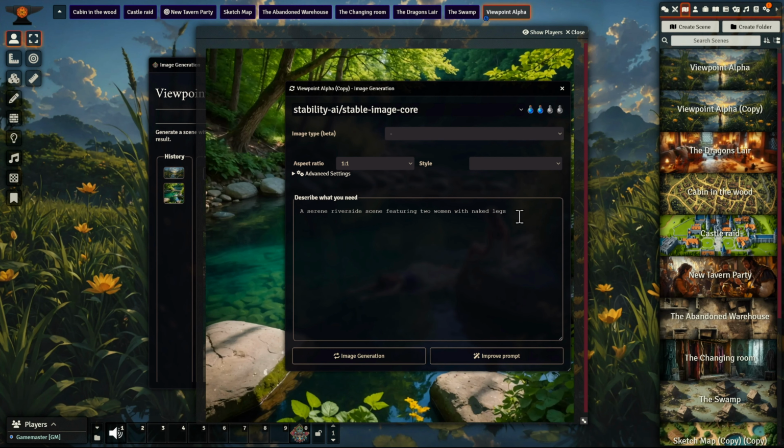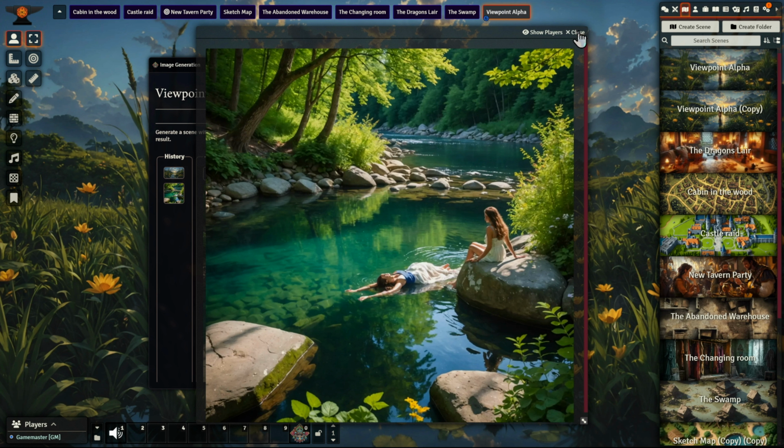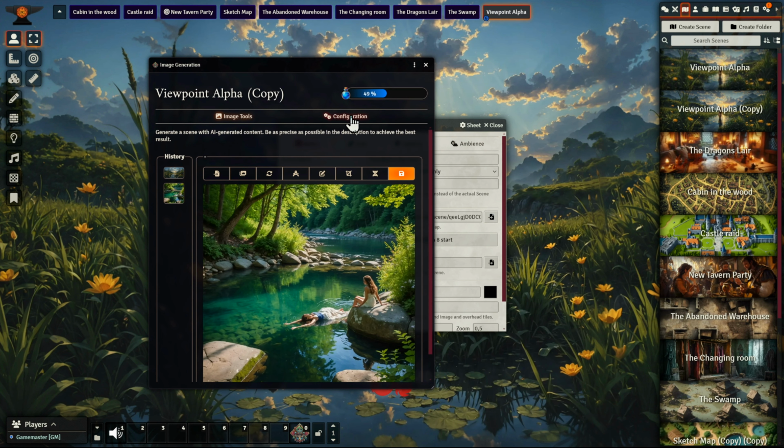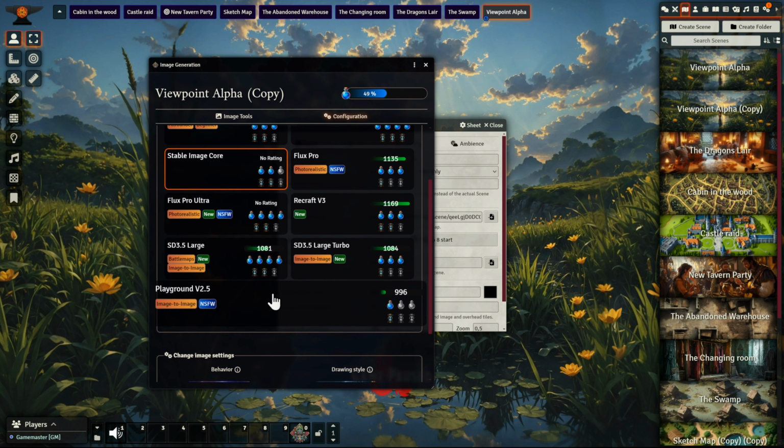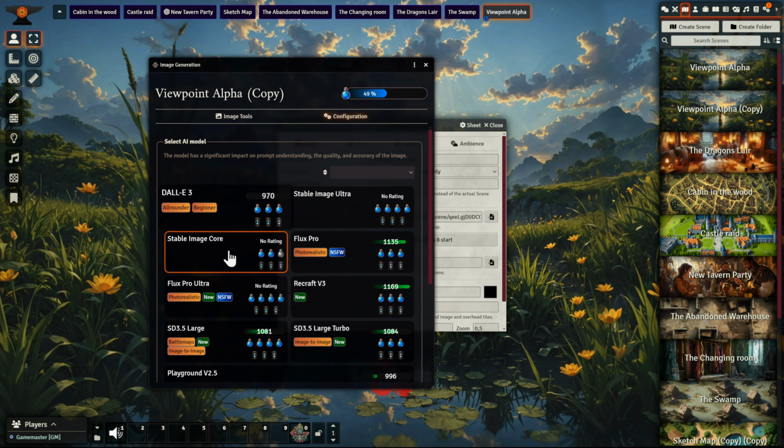So what could we do now? We take this prompt, we close this generation window, and the first thing you need to do is go to the configuration of the AIs. As you see, we also have a beautiful new overview of all the AIs here. We will keep improving that, but it should give you a good orientation. And there is also a new flag which shows not safe for work. This is available as soon as you have activated it on the homepage. And now let's select one of those.